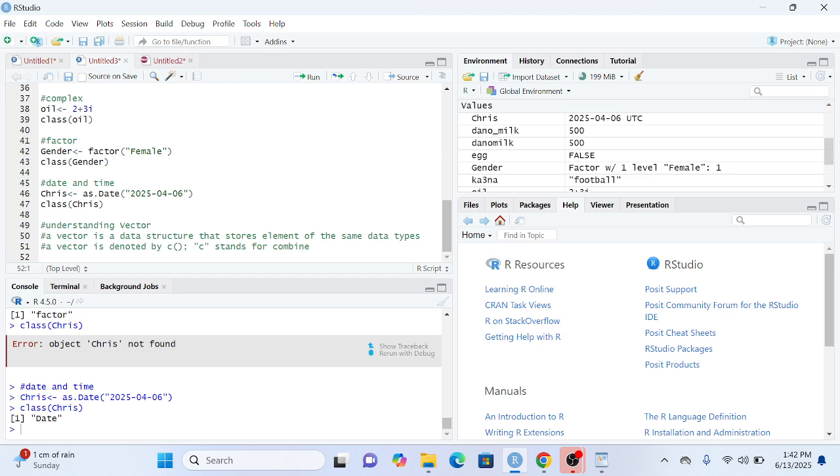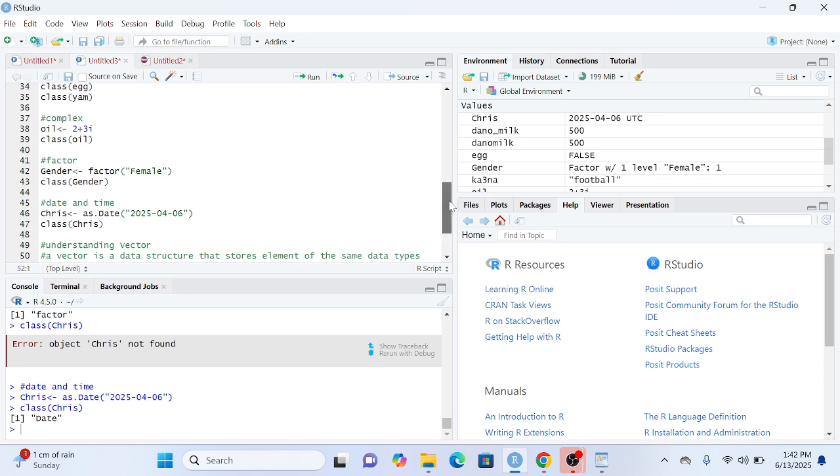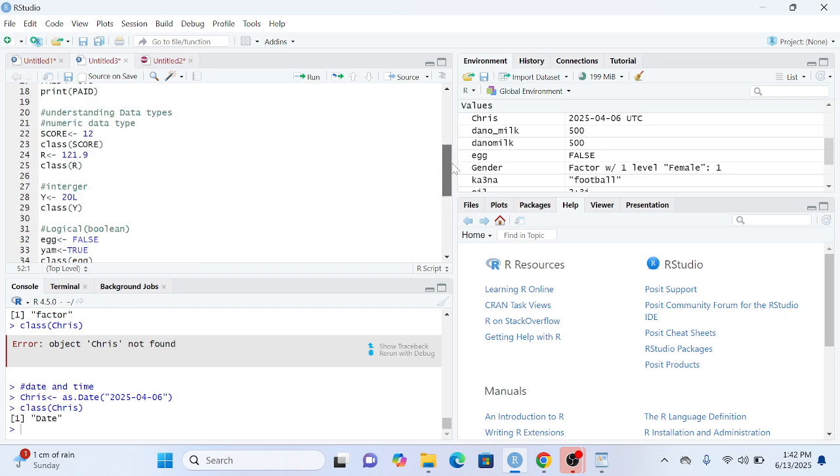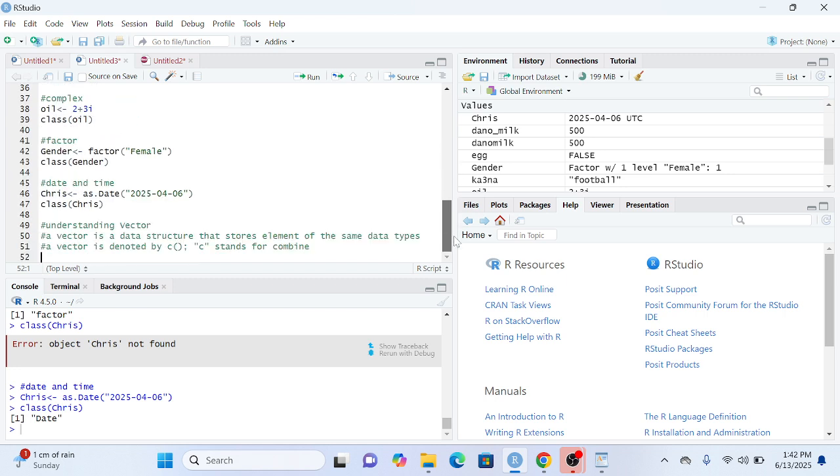So let's say, in our previous examples, we have not stored information that has more than one value, right? So let's say you want to store information that has more than one value. Let's say you want to store numeric values in five places, right? So probably scores of students, you have five students and their scores should be five in number, right? So you want to store it and keep it in a particular variable name called score, right? So the only way this can work and be regarded as one is when you use your C combine,